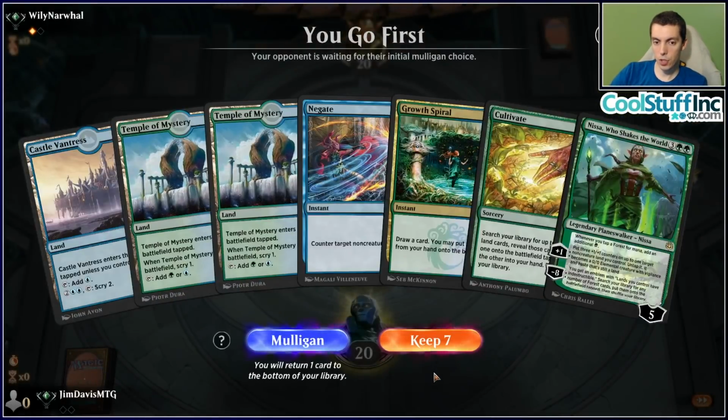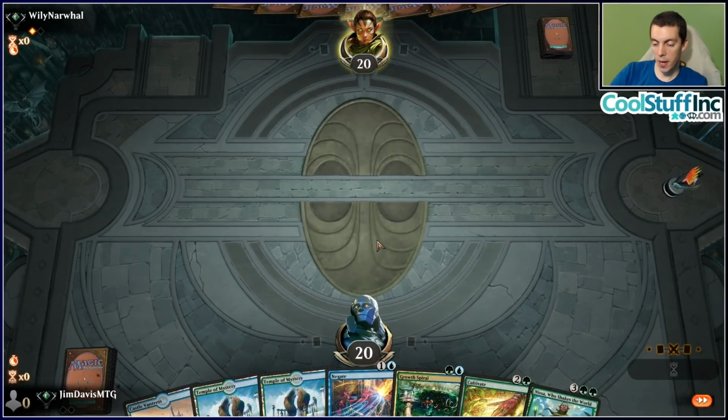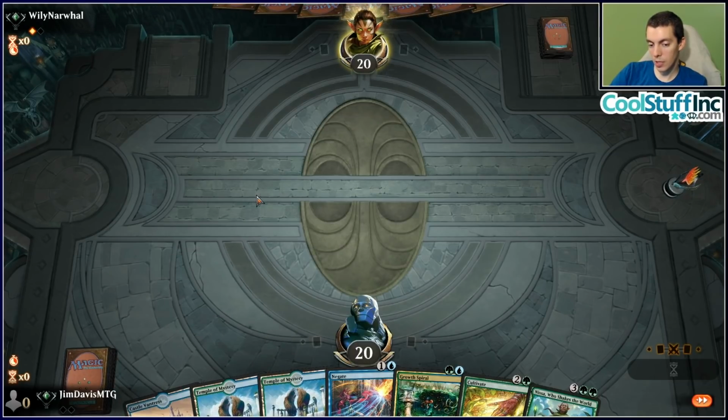Alright, going first. Pretty good hand. Actually, pretty awkward. We're still going to keep, but no untapped land here for our Growth Spiral. We have Negate and Cultivate and Nissa. Can't mulligan this hand. Just going to try and find an untapped land if possible. Even then, if we don't find it, it's still pretty good, so...